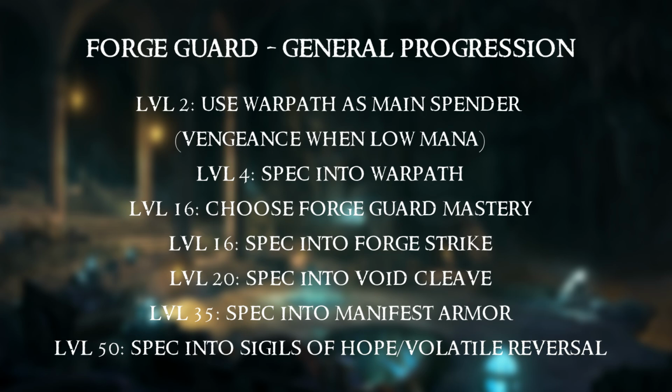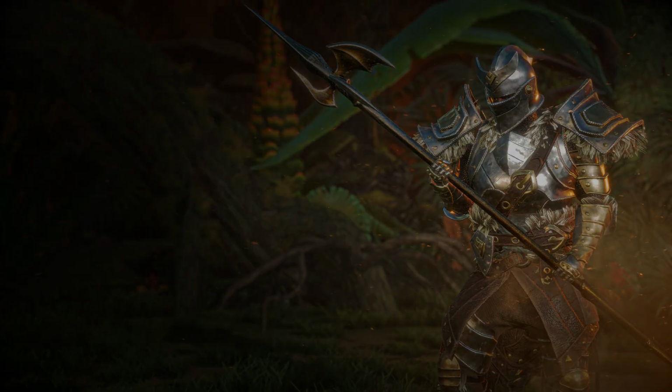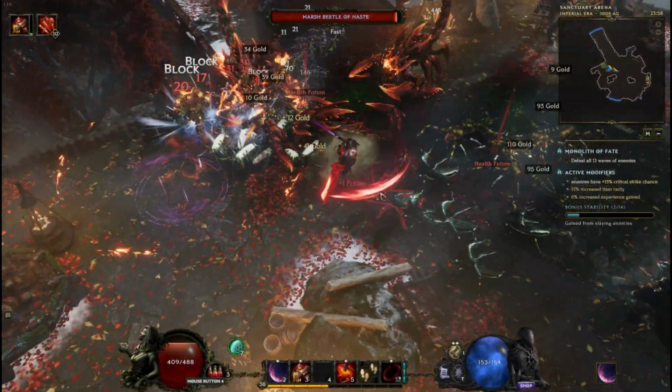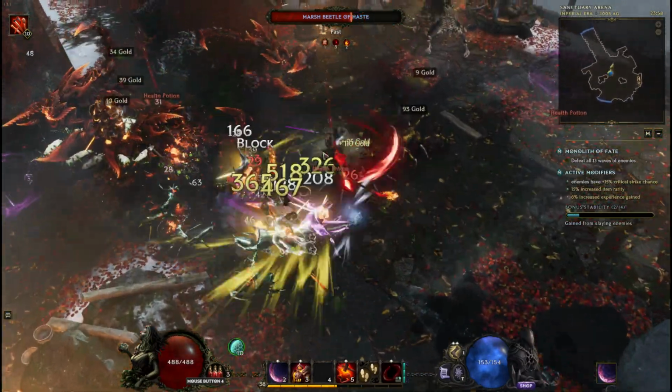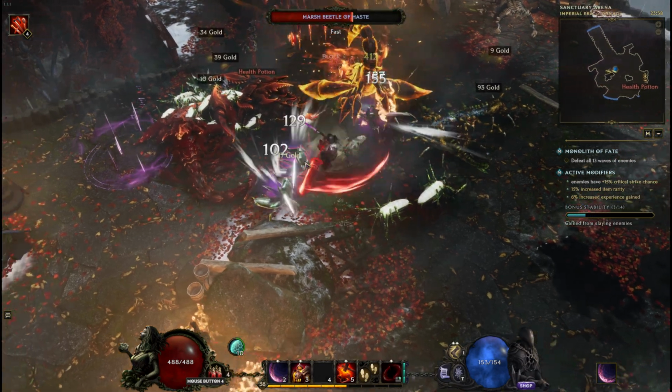Let's go on now and talk about the stat priority for the build as well as useful levelling gear. For this next section here then, we'll run over useful levelling gear you want to keep an eye out for, and based on feedback from previous videos we'll also have a quick breakdown of priority stats that can help out